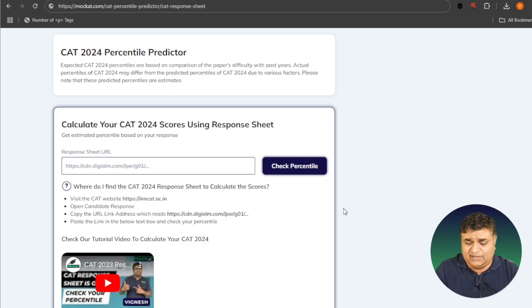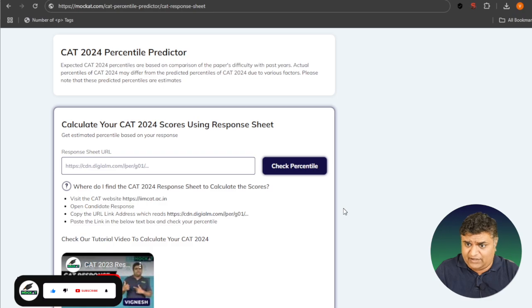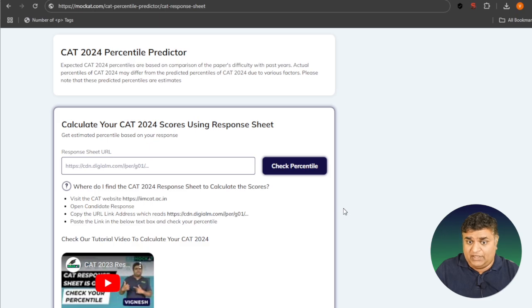There will, of course, be slight differences in the actual and the predicted percentile. That is expected, given that we're working with a smaller sample as compared to the total population of the CAT test writers, right? So just check it out,